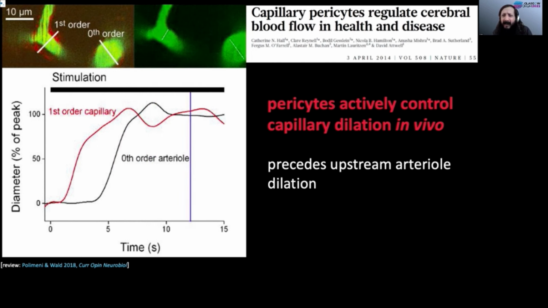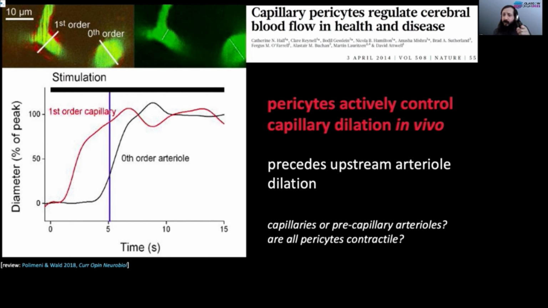Hopefully you can see them dilating in this movie, and this capillary dilation precedes the upstream arteriolar dilation, so the dilation seen at the capillaries is not a passive response to upstream flow or pressure changes. Now, while there's still a debate over whether the cells observed in this study were on capillaries or perhaps pre-capillary arterioles, and there's some disagreement still over whether all pericytes are contractile,